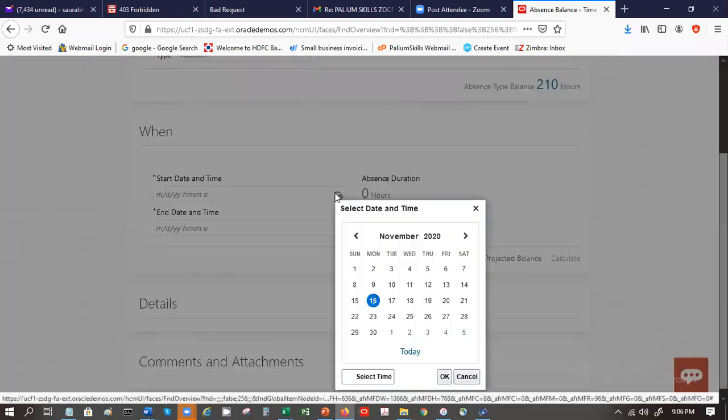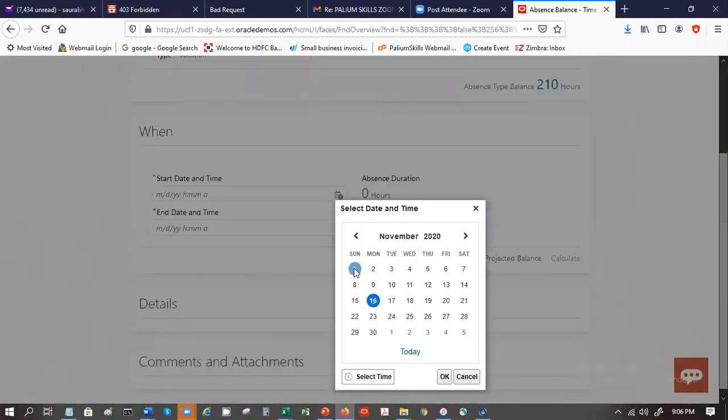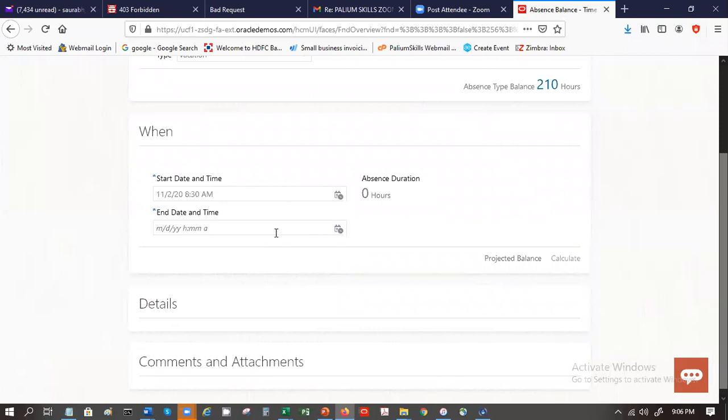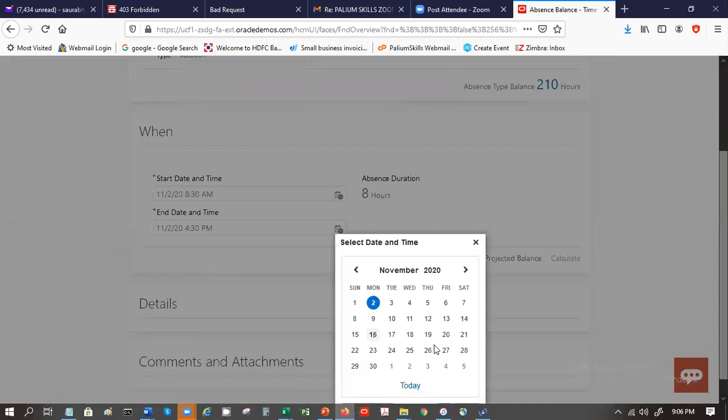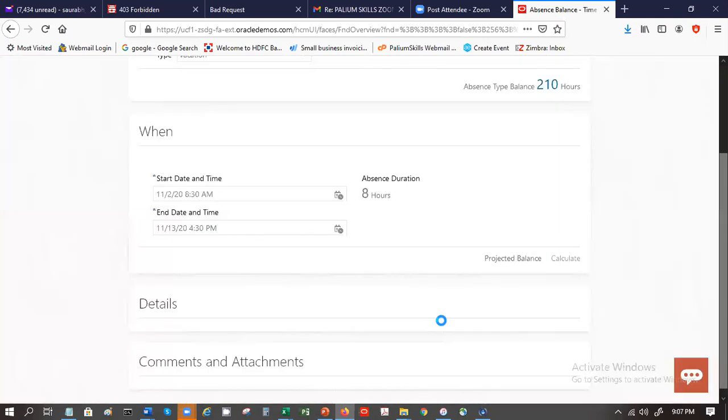So let's say I start with a particular date, and let's say it goes on till 12th or 13th. So depending on the number of days into hours, 8 hours a day, it comes up with 72 hours.